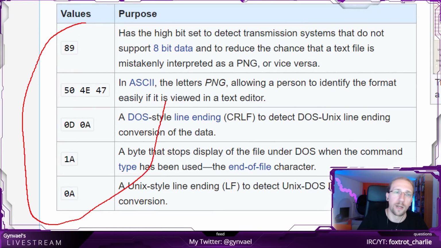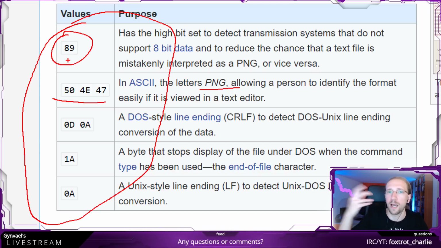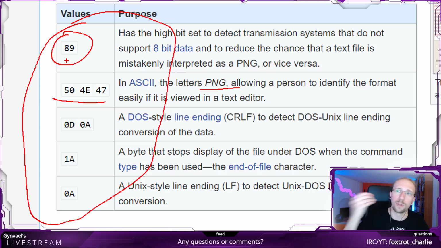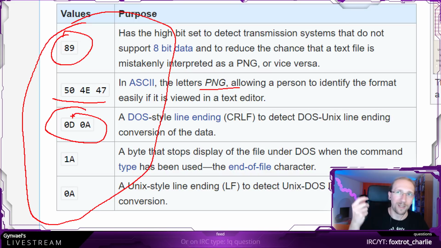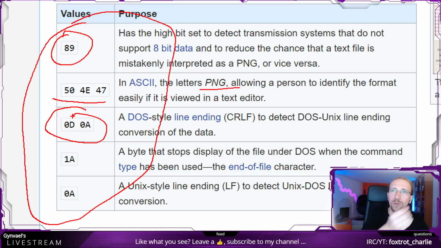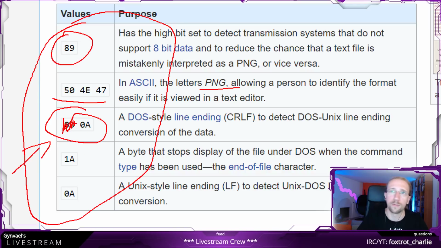This is the magic value, basically, and it's pretty cool how it's constructed because it has the PNG letters in it, and apart from that it has a byte which has the high bit set to detect if you're passing it through a medium which is not 8-bit, like a 7-bit only medium, and it has a DOS newline, so if a binary file is recoded from Windows lines to Linux lines, which should never happen, but sometimes it does, it will be detected by this change in the header, because this would actually be converted into just A without this. Or if the opposite direction happened, there would be another 0D here at the beginning.